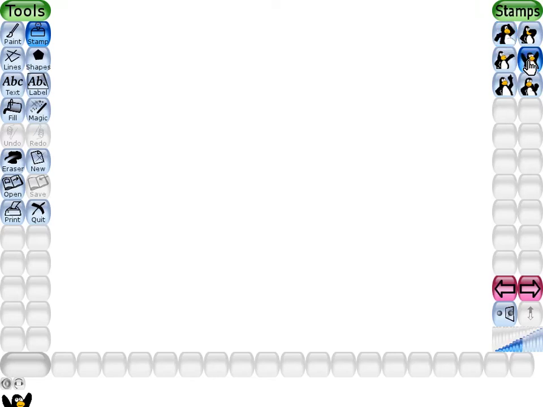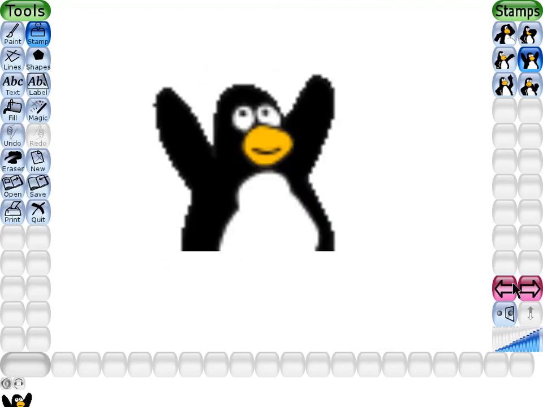Now move the pointer on the drawing canvas. This is the drawing canvas, and move the pointer on the drawing canvas. An outline of the selected stamp is shown in the drawing canvas. Adjust the size of the stamp from the size control at the bottom of the selector. This is the size control. From here you can increase the size. Click a location in the drawing canvas to insert the stamp. I will select this location. In this way children, you can use stamp tool in TuxPaint.